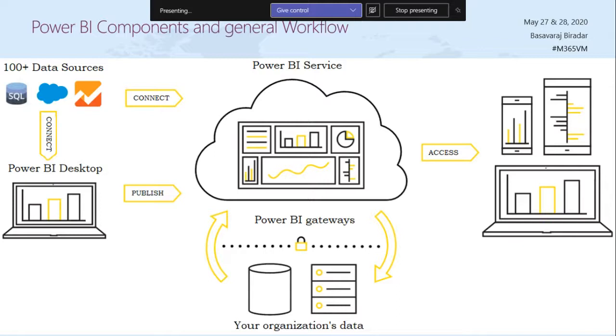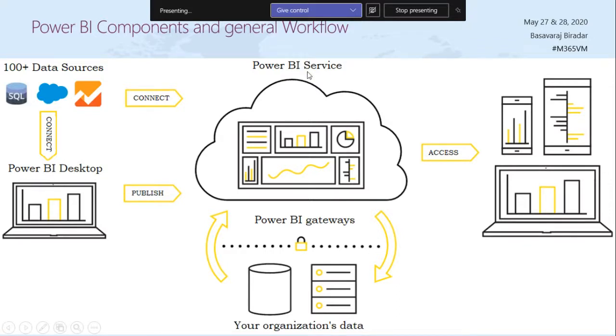All such things can be done in Power BI service, but things like scheduling data refresh or sending emails can't be done in Power BI desktop. So that is the add-on in Power BI service. To publish to Power BI service, you need to have a license, either Pro or Premium. Without a license, you will not get this. But Power BI desktop is completely free.